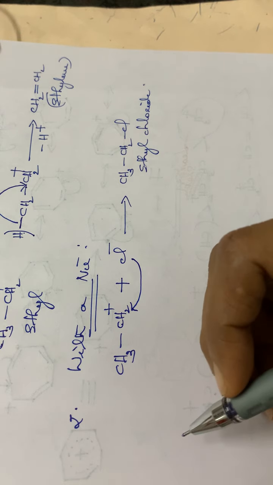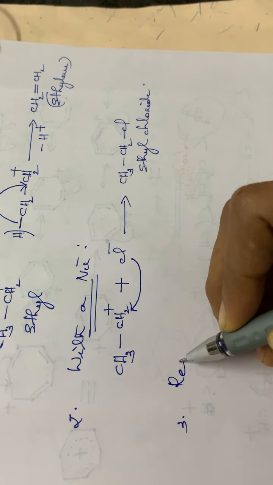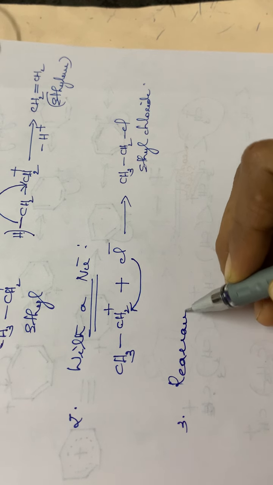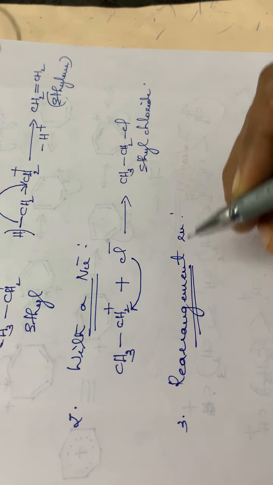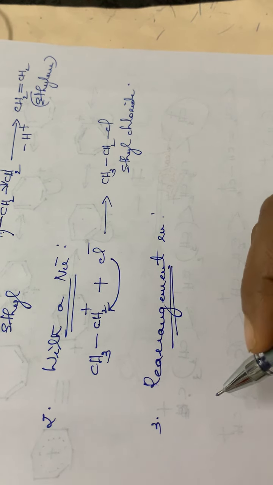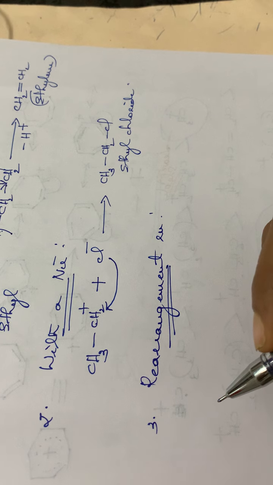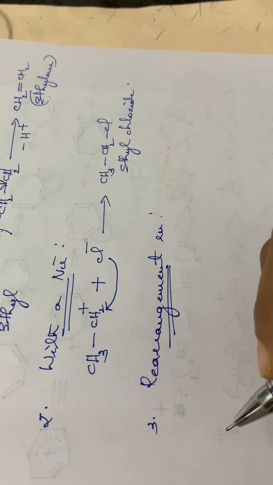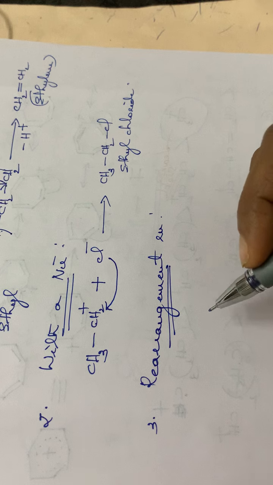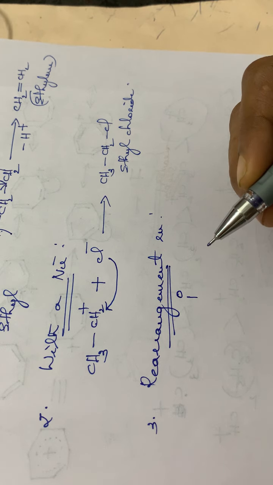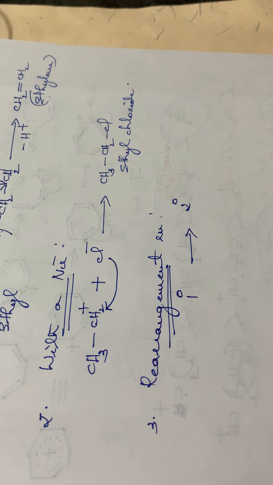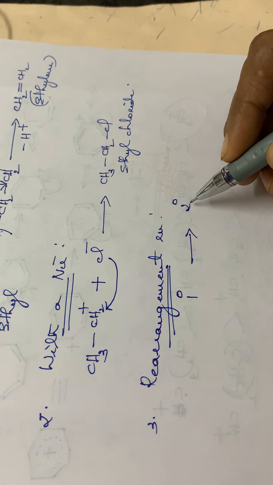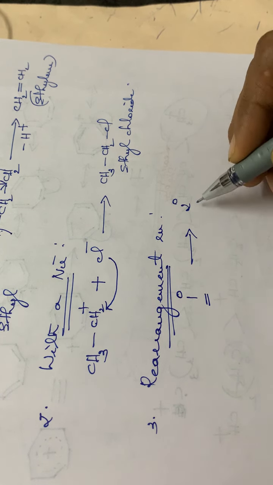Then the next reaction, that is the rearrangement reaction. See, for example, a carbocation will be undergoing rearrangement, and the first starting compound can be a primary carbocation. After rearrangement, it will be converted to a secondary carbocation. So here a primary is converted to a secondary carbocation, and also which one is more stable, a